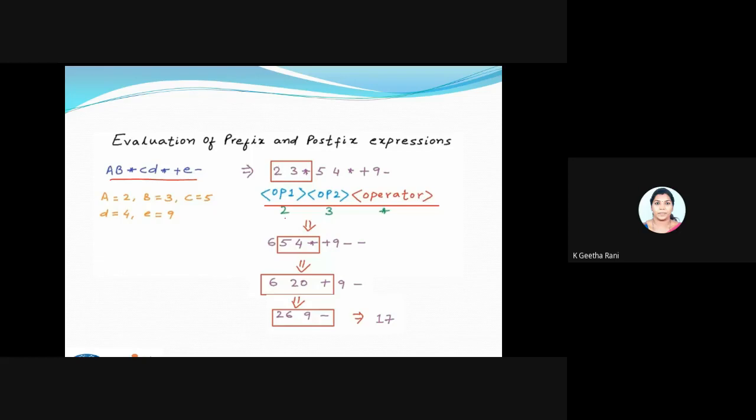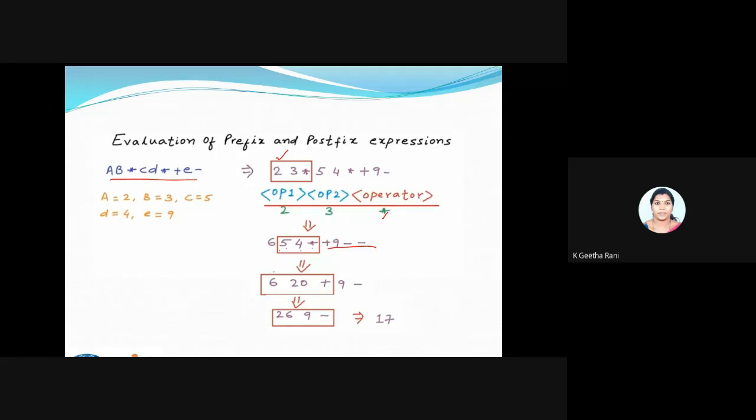Fine. Now I'm going to perform this 2 3 star. I'm going to perform a multiplication operation on my 2 and 3. So I'm getting the answer 6. Okay, this box is over now. I'm replacing this with 6. Now comes 5 4 star. Okay, now I have to do this. This has operand 1, operand 2, and the operator star. Okay, 5 into 4 gives me the answer 20. Okay, I'm continuing with the others. So plus 9.